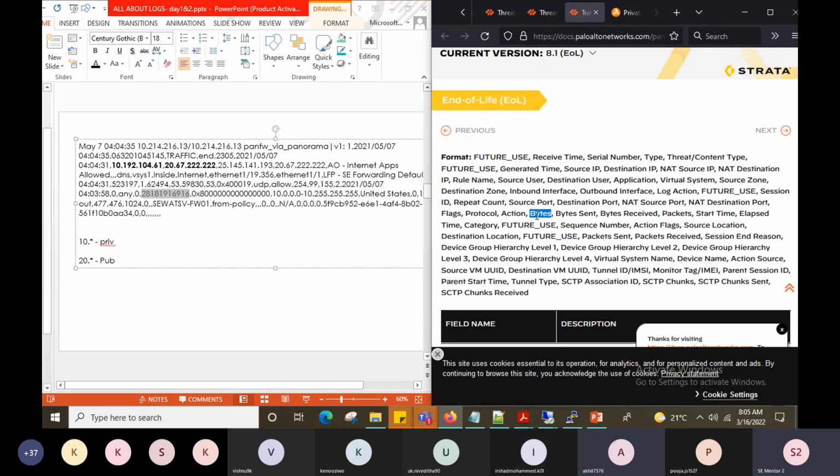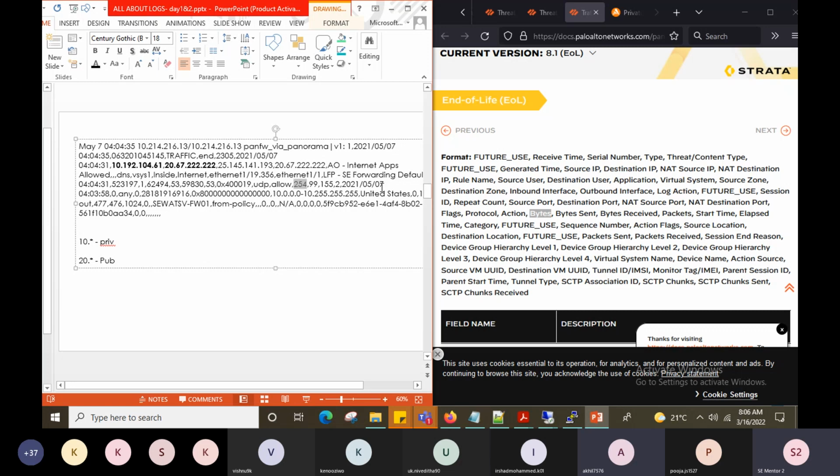You will have bytes information after there's something called action and protocol. You know, it is a DNS request. DNS is your UDP, right? If you check for UDP, you have UDP here. After UDP, it says action, which says it is allow. After allow, it says bytes. This bytes is nothing but total bytes. That is bytes sent